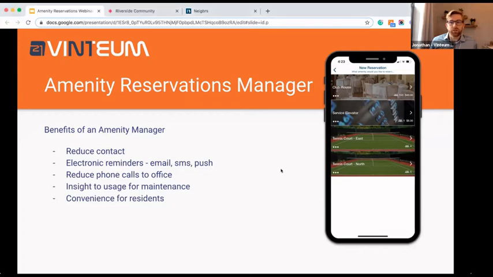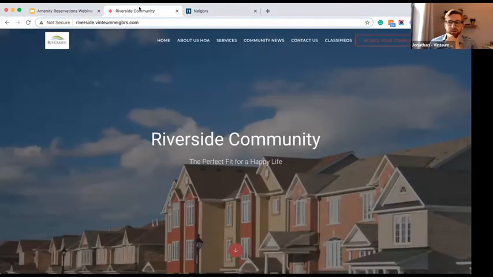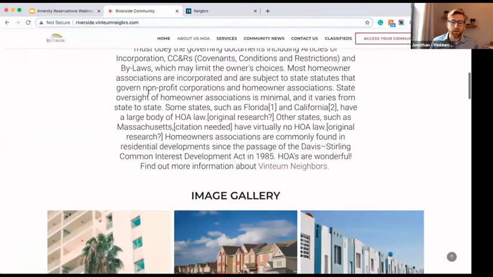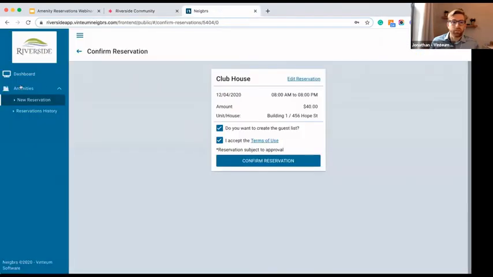So the next thing that I want to do is jump into a live demonstration. I'm going to jump over to one of our public facing websites. And again, this is a templated website provided to all of our communities. You could adjust this on the back end. But what's really nice is we've got this access your community section, and that's going to bring me to a